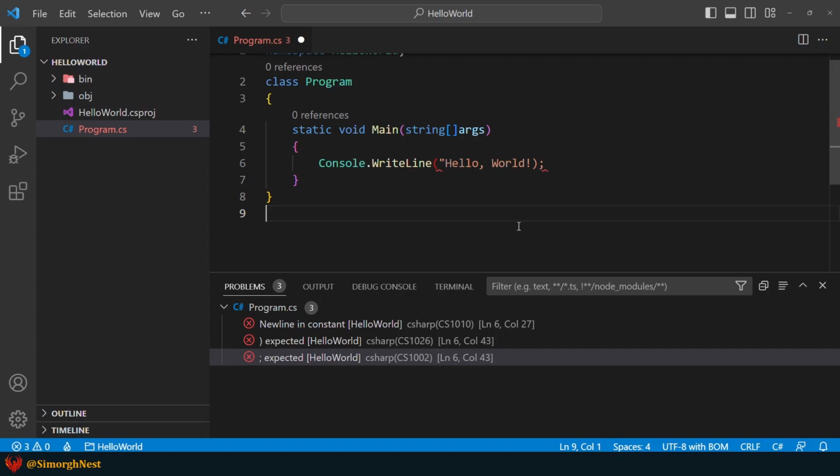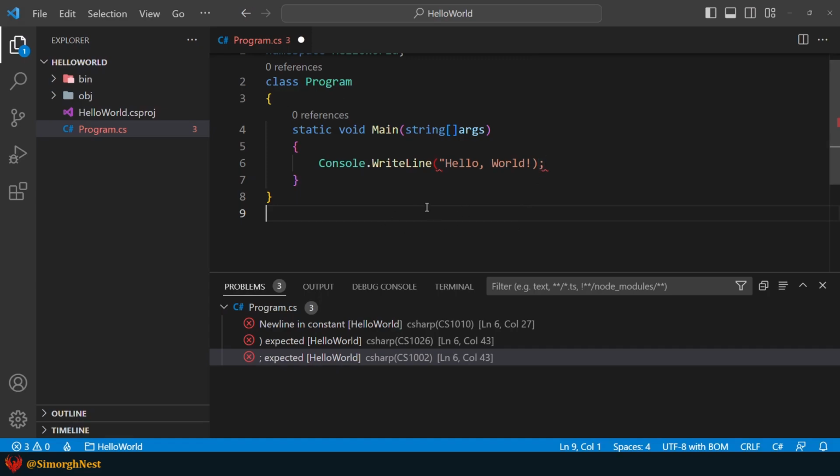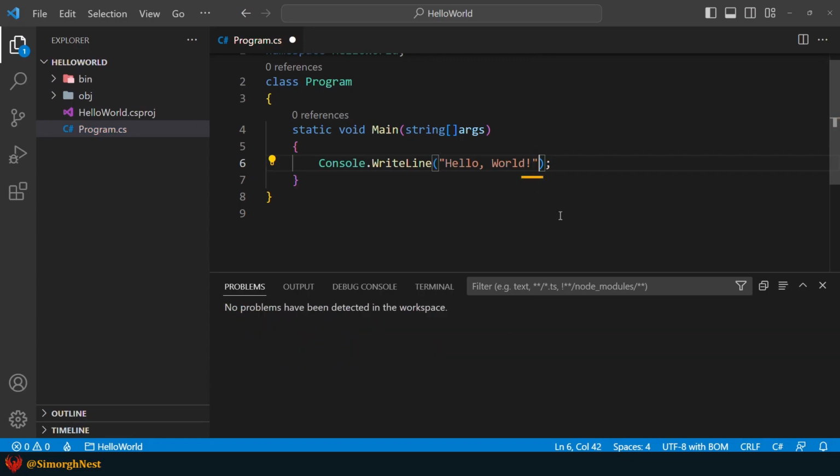Whenever a programmer acts against these rules, the compiler complains that the structure is not correct. Based on the C# syntax rules, every string literal must start with a double quote and end with a double quote. Here, we just put a double quote at the end of this string literal.